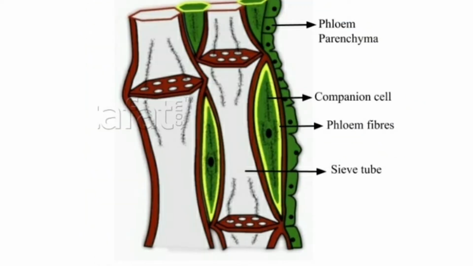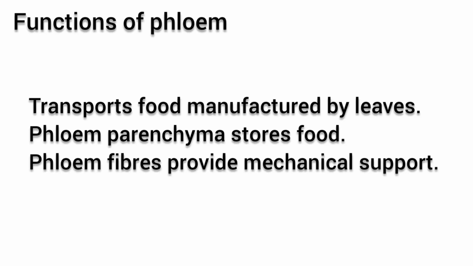Phloem fibers provide mechanical support to the plant. They are made up of cells called sclerenchyma cells. Sclerenchyma are strong, thick cells that provide support to the plant. So phloem fibers are made up of sclerenchyma cells. What are the functions of the individual components of the phloem? Phloem transports food manufactured by the leaves and young green stems to the other parts of the plant. In this, the phloem parenchyma cells help in storage of food. The phloem fibers provide mechanical support to the plant.